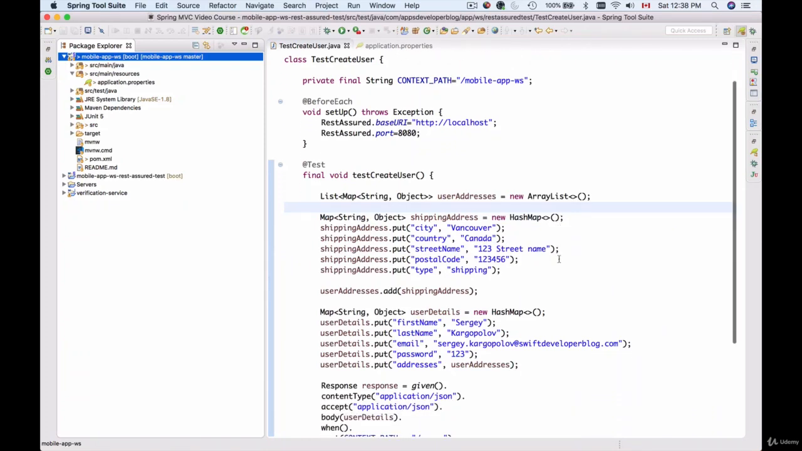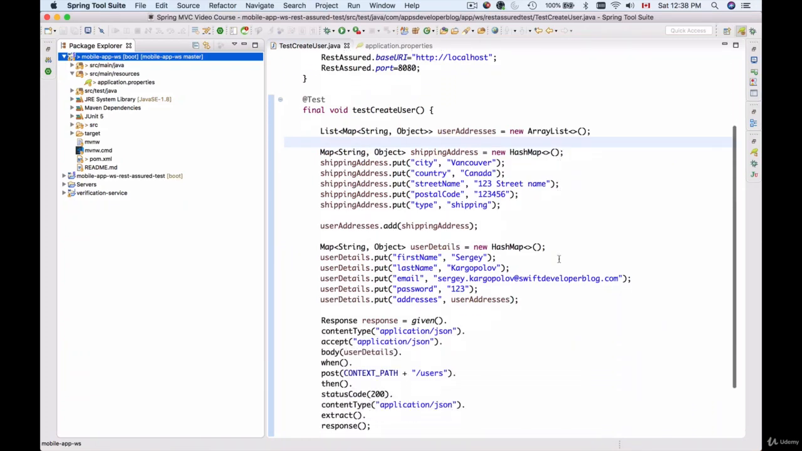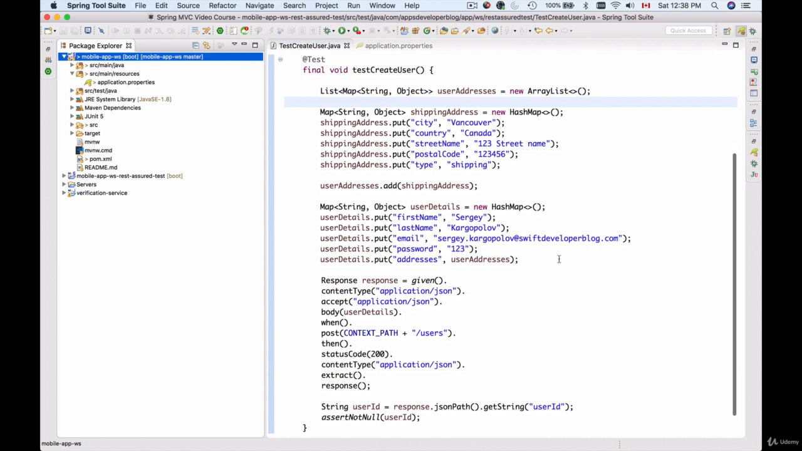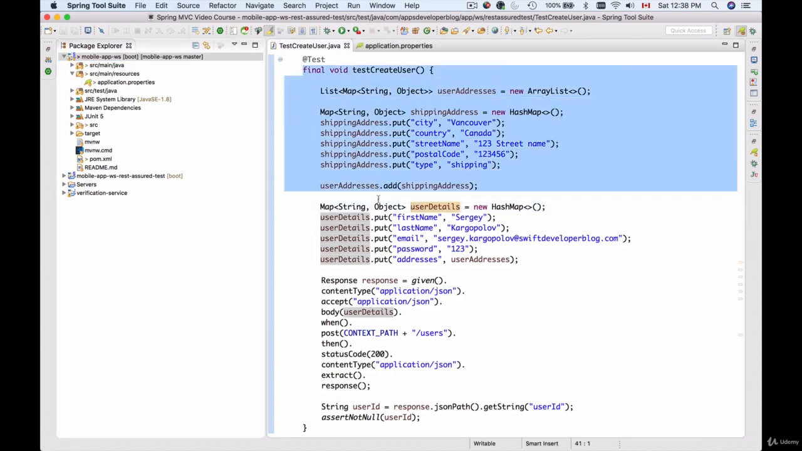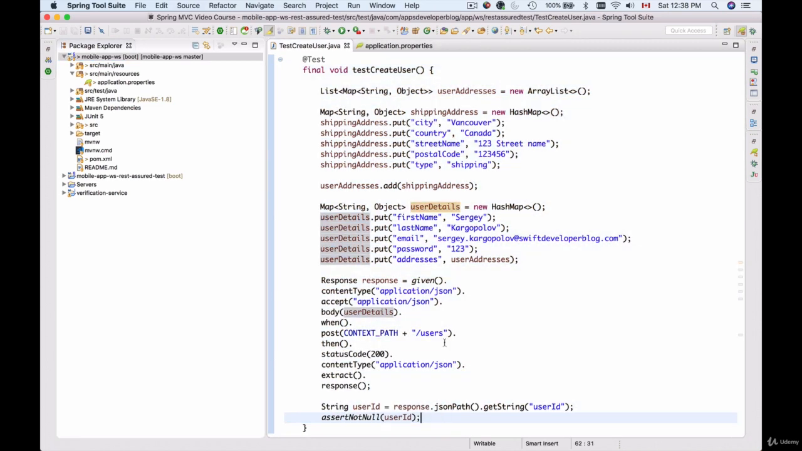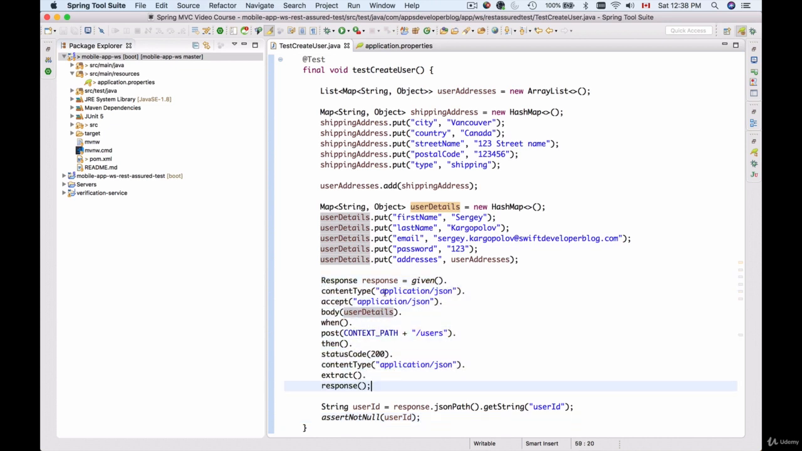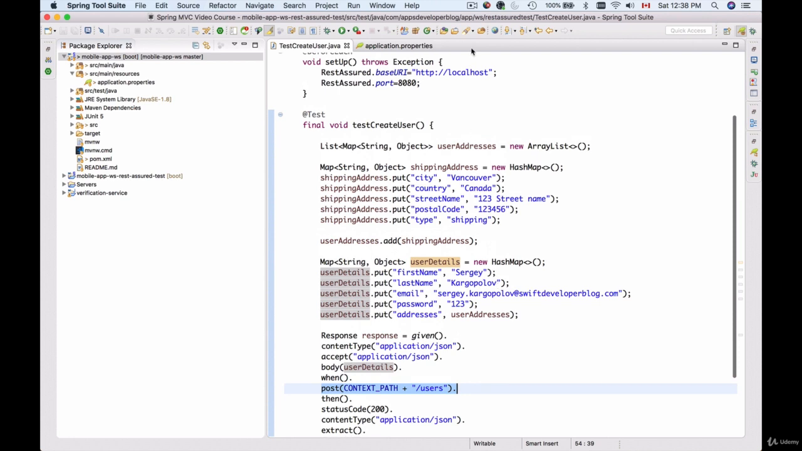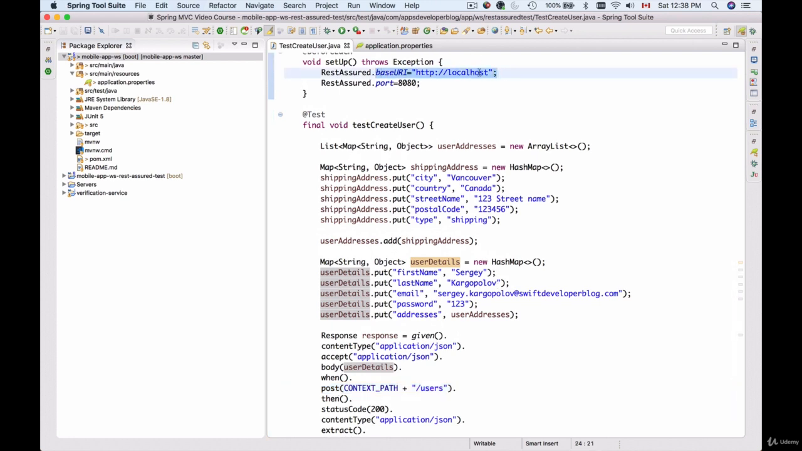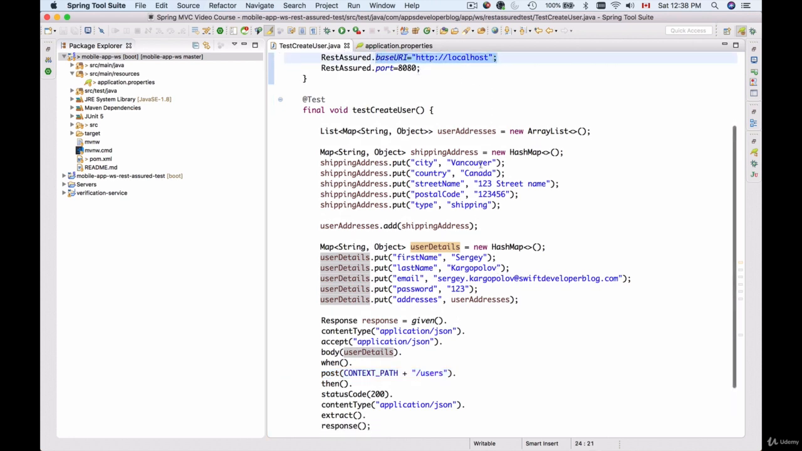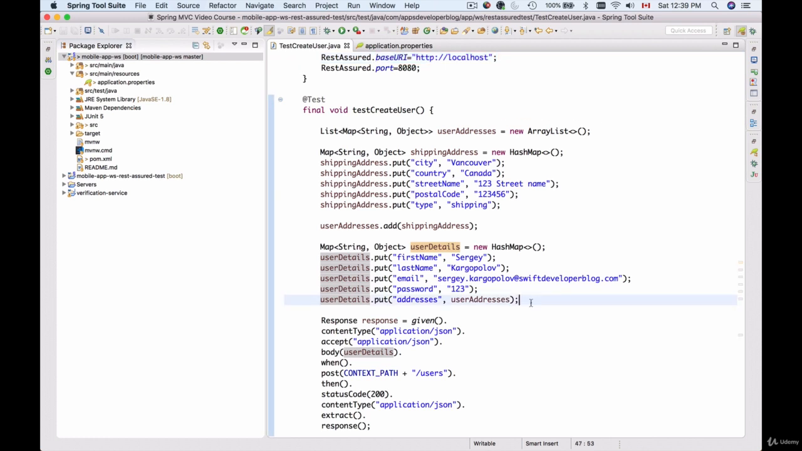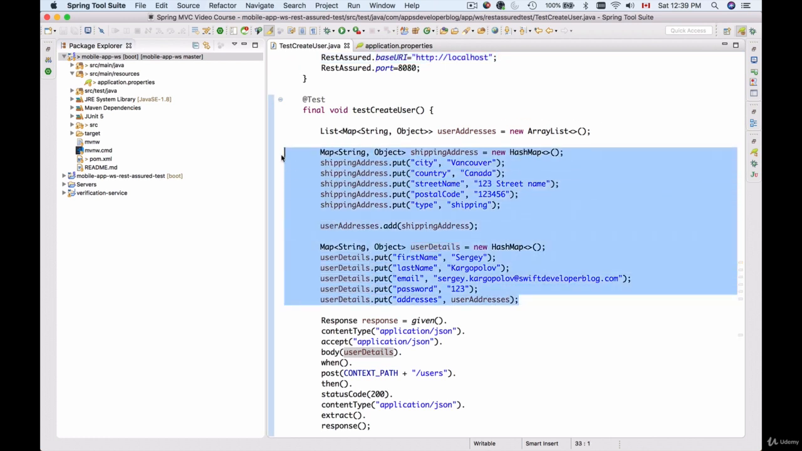So we have created a test case to send an HTTP post request using REST Assured, and this is our test create user method. What we did here, we used REST Assured to create an HTTP post request. We have specified it here, HTTP post request, which is sent to a localhost. The base URI is here, localhost port number 8080 to /users, and it will send the following in its JSON